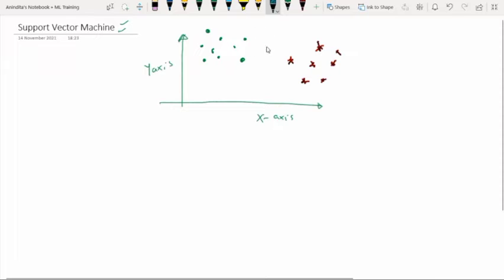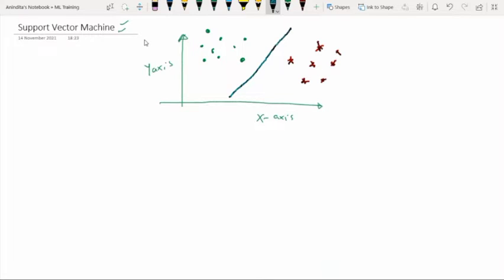Our objective is to find the proper separating line, or the maximum marginal hyperplane, MMH. Support vector machine is considered to be a classification approach, though it can be used for regression also. So to handle many different kinds of problems with categorical variables, we can use SVM.